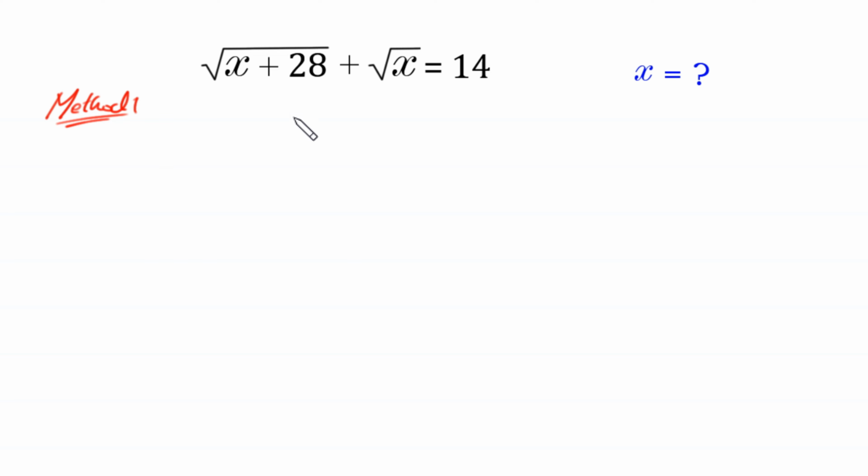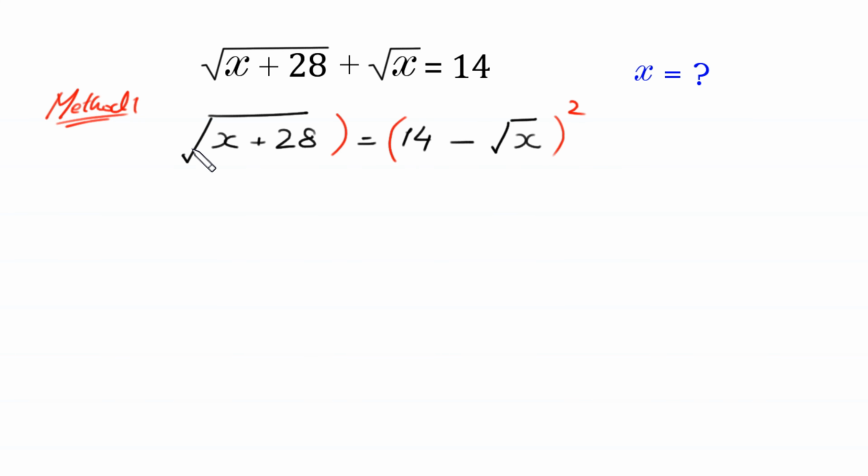In this method, we move this plus square root of x to the right side. At the left side remains the expression square root of x plus 28 is equal to 14, and this plus square root of x becomes negative square root of x at the right side. Now from here we take the square of both sides of this equation. So this square will be cancelled out with this square root, and at the left side is left x plus 28 is